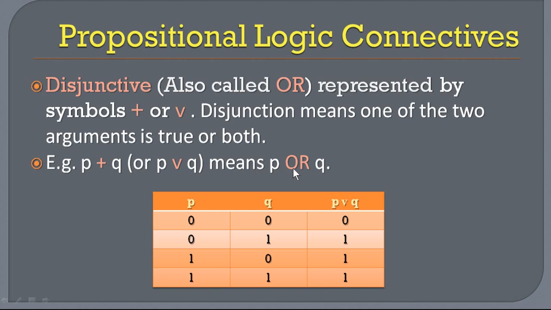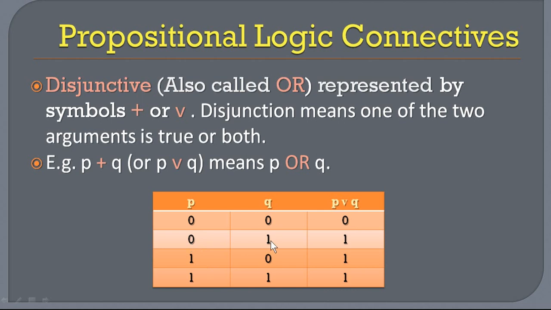Okay, if any one of the conditions is true, or both conditions are true, then the result will be true. You can see the truth table here. First condition is false, second condition is false. That means it is represented with 0. If anything is false, it is represented with 0. So 0 and 0, the result will be false.